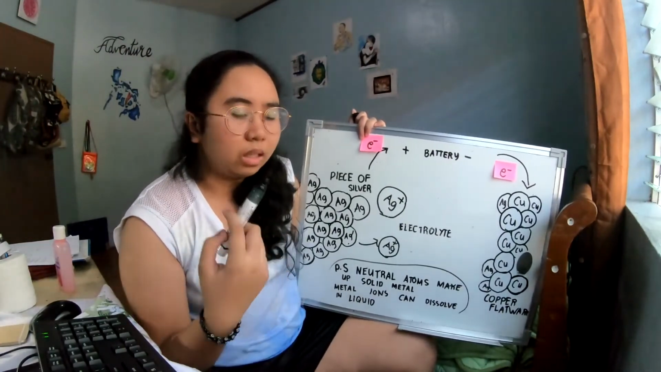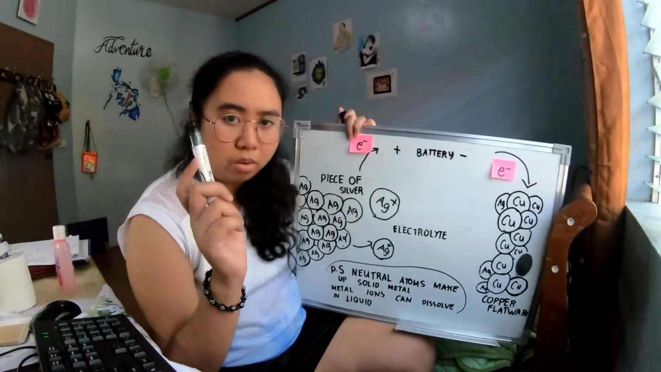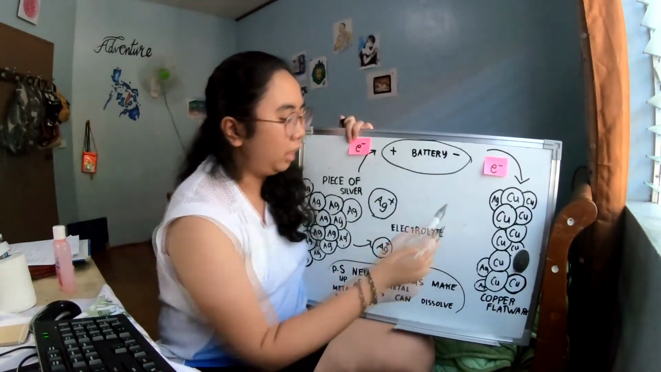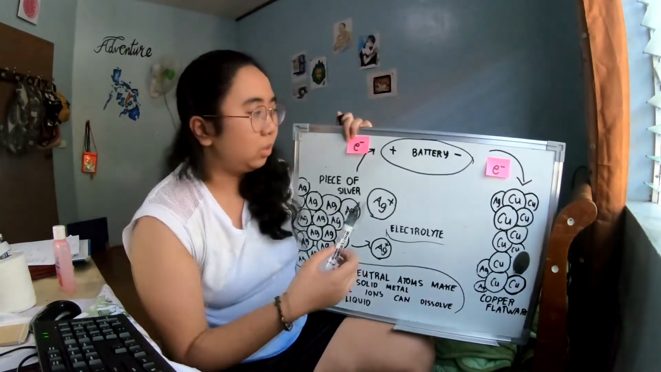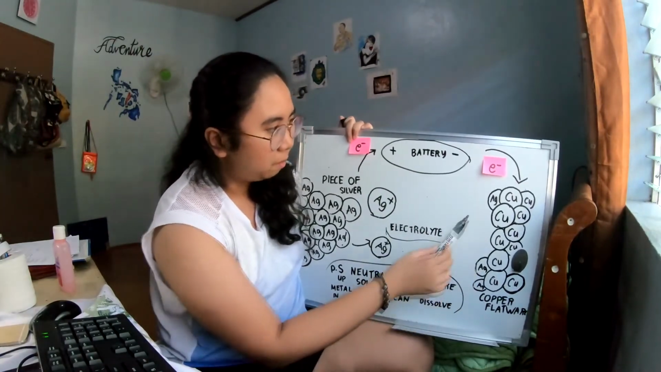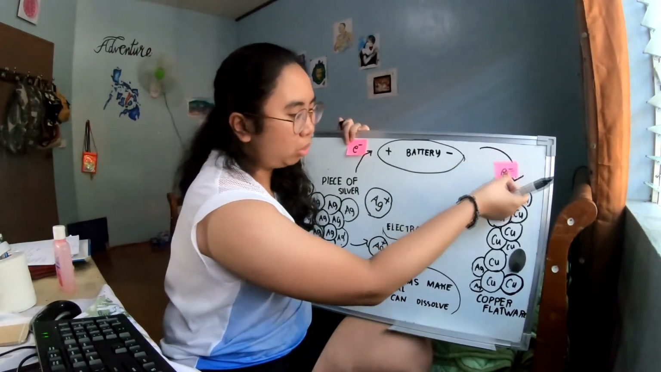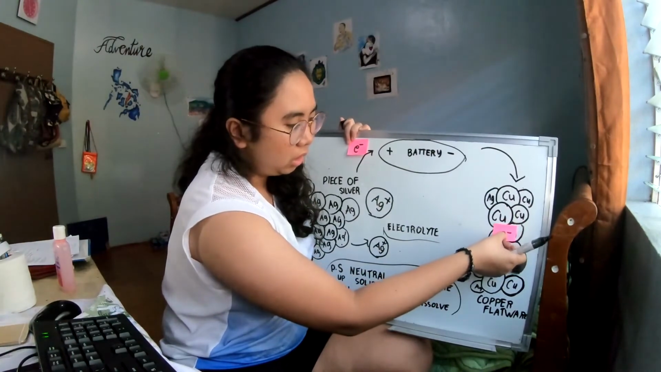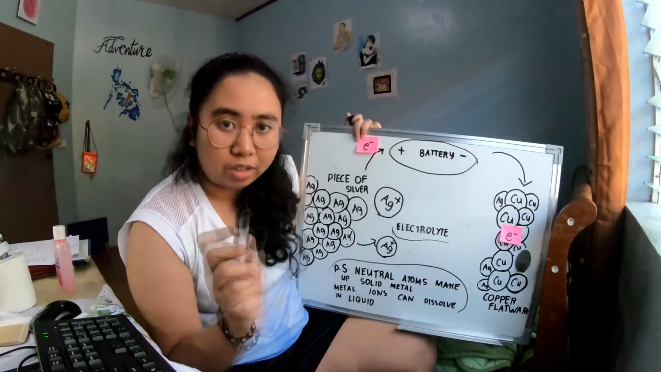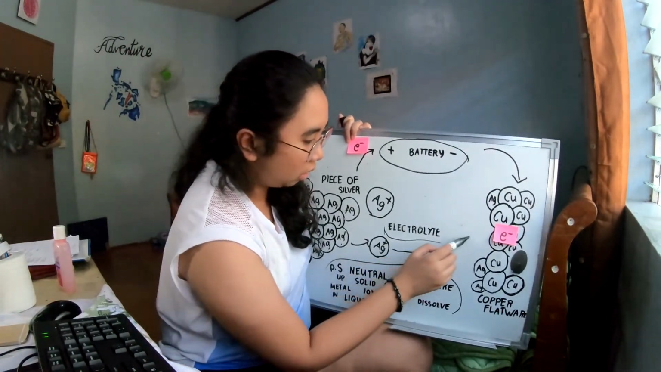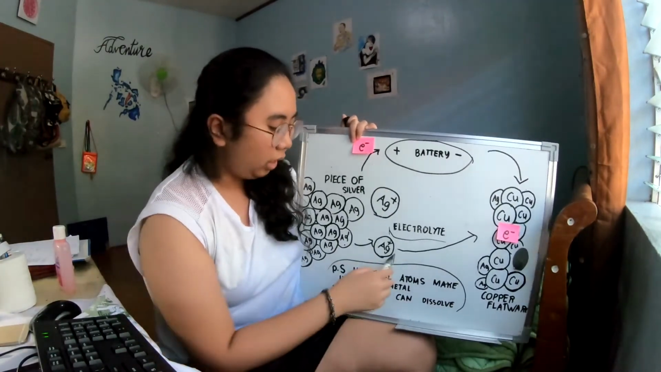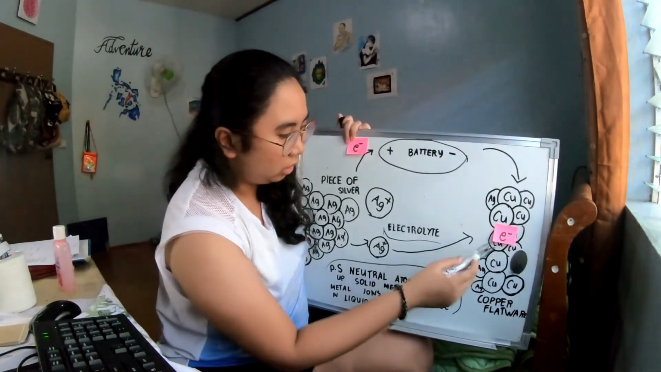So how is that going to be possible? That's possible because of the battery and because of the electrolyte. Since the negative side of the battery is connected to here, electrons will be pushed towards here. So since electrons are pushed towards here, Ag will be attracted to this copper flatware since opposite charges attract. So if Ag is going to be attracted here, let's say that Ag,